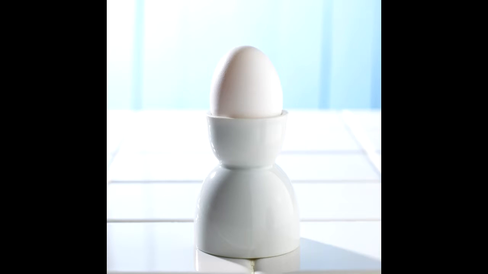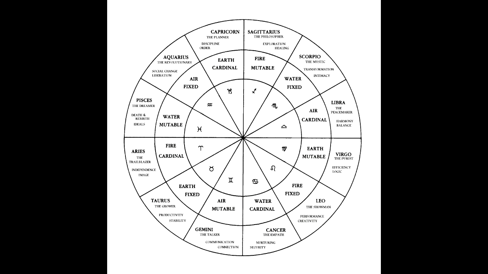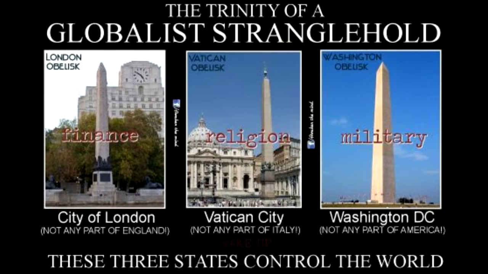The word natal is in reference to birth, because these are the charts made based on the moment you were born. See, natal astrology is the astrology of individuals and their particular lives. It is the most popular form of astrology in America, England, and honestly most of the Western world. While the American and the British governments are heavily obsessed with all forms of astrology, the average person really only cares about their own personal chart and its influences on their lives, and honestly, rightfully so.